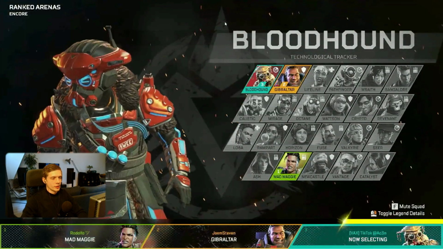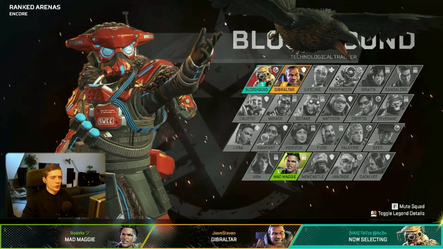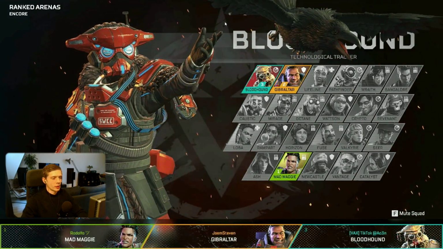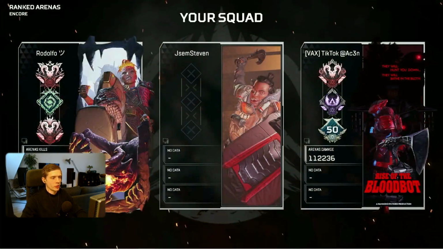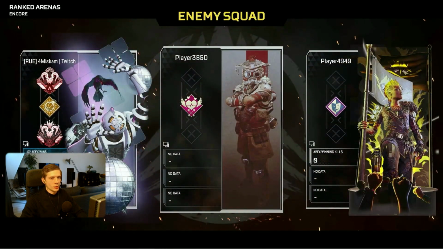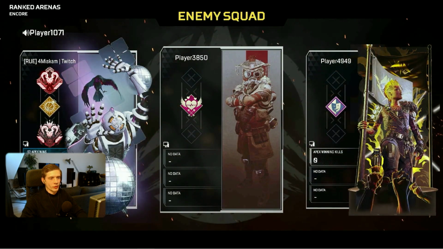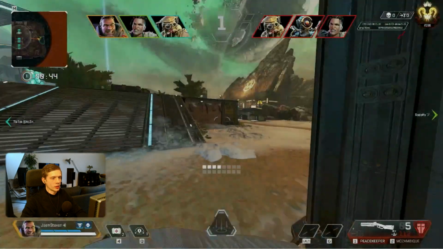Alright, so in the first game he will be playing with Gibraltar, which is an unusual choice, but I think Rodolfo took his Maggie, so Gibraltar it is. It's not a bad legend, but usually better when you're playing with a team. But the comp looks good, and the enemy comp is also really good. You have a Pathfinder, a Maggie and a Bloodhound, which is really nice for Encore, where this match will be